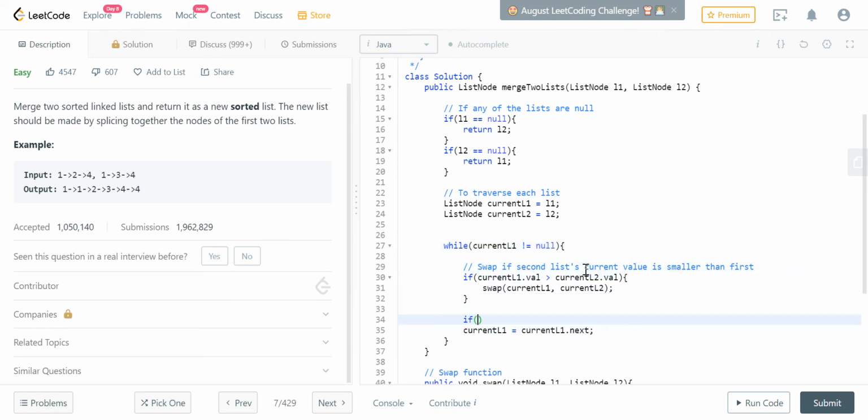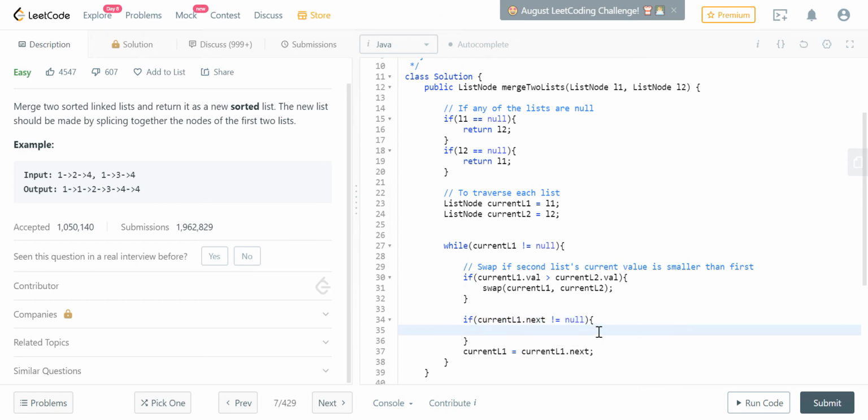So if current L1 dot next is not equal to null, else